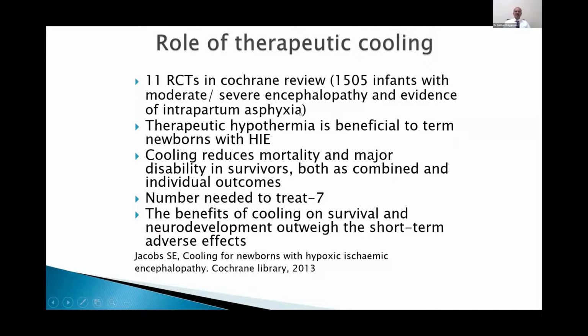Therapeutic cooling is obviously a very important parameter in terms of treating such babies. There are 11 RCTs in the Cochrane review, and there are more studies coming up as well. And it's usually in moderate to severe encephalopathy with evidence of intrapartum asphyxia. Most of the studies use the same criteria we will discuss next. Therapeutic hypothermia is beneficial to term newborns with HAE, and it reduces both the mortality and major disability with the